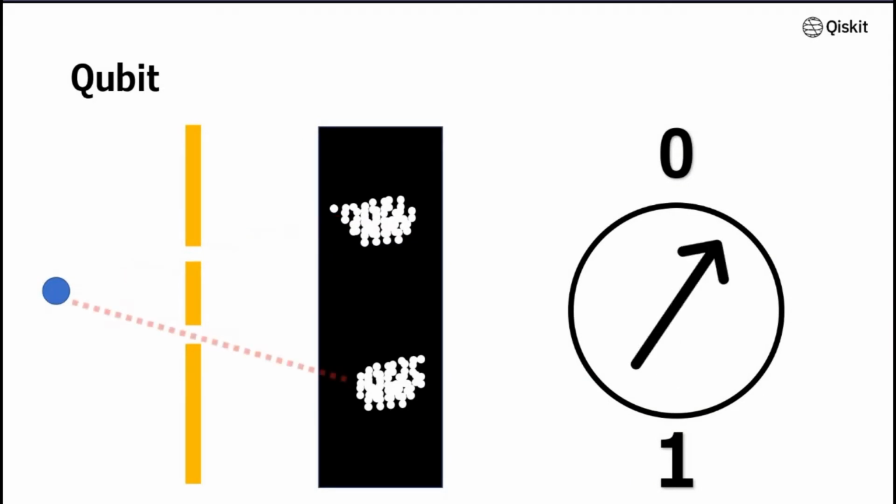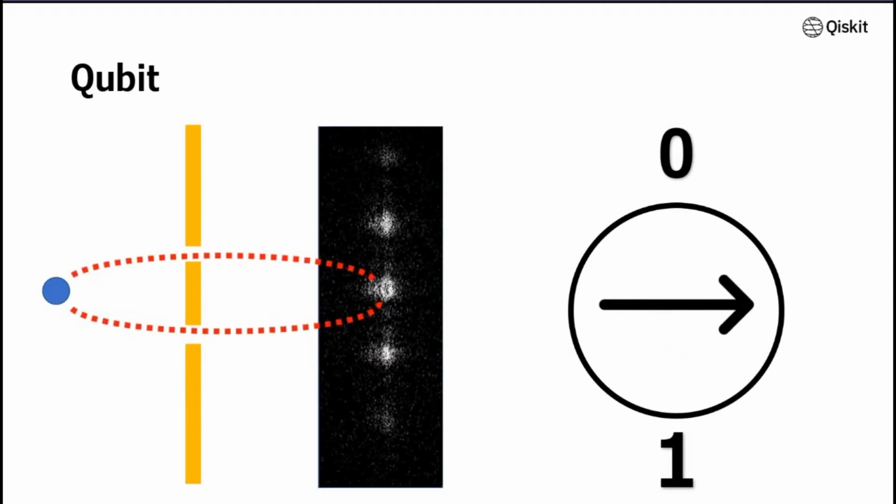And when it goes to the bottom path, I will rotate that arrow to point down, and I will encode the information about the 1. But quantum mechanics allows us to go both paths at the same time, so then I can have a superposition state, which is not 0, not 1, it's a 50% chance of 0, 50% chance of 1. So I will rotate my arrow to the right and say this is the superposition state.